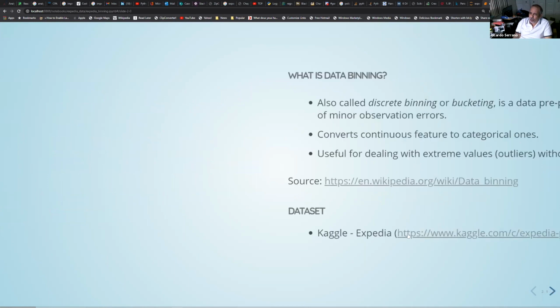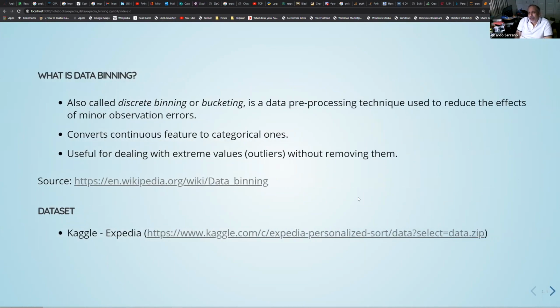And what is data binning? Data binning is what is called discrete binning or bucketing, and it also has applications in imaging. What you're trying to do is reduce the effect of a numerical variable because of certain quirks that the data has.